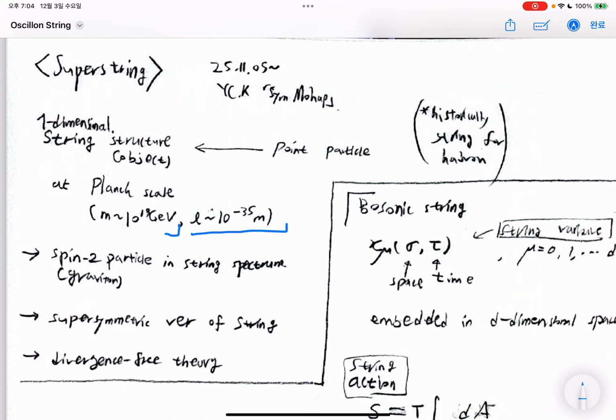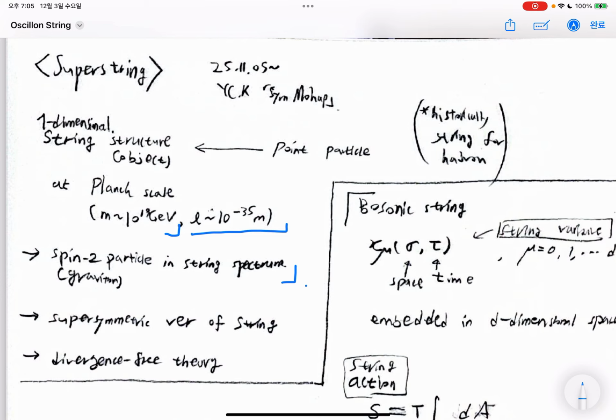And as a result of string theory, the spectrum gives a spin-2 particle, which corresponds to the gravitons, and especially to reduce the dimensions, the supersymmetric version of the string is helpful, and